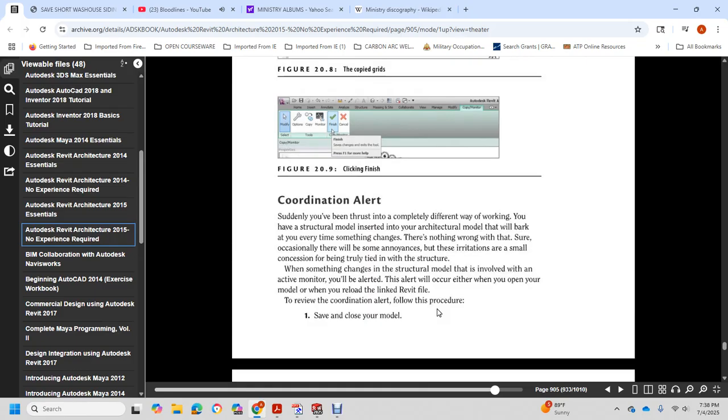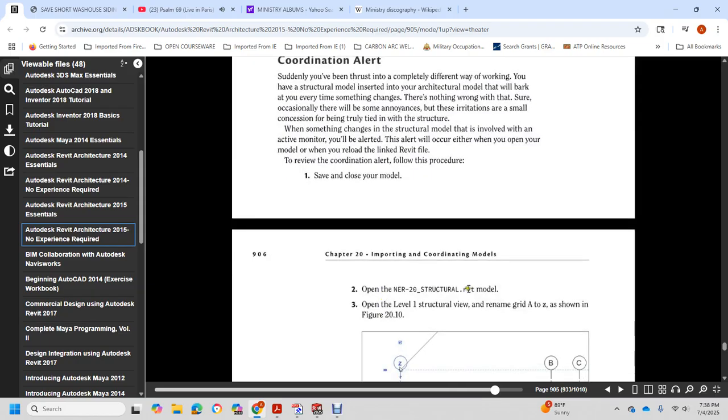Alright, coordinated alert. With structural monitoring, with the architectural model, with the linked Revit coordination file, reload the closed model. Opening the structural model, a template, open level 1 structural, rename grid A to Z shown in